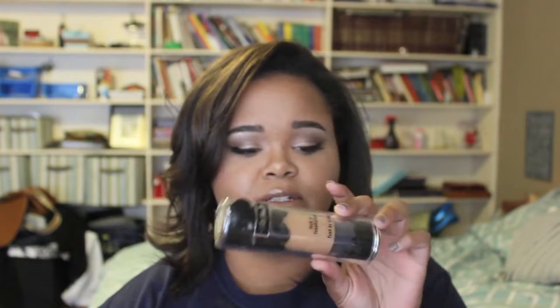She bought it for me because we both got the same thing, because she had been talking about it for a long time. She's like, I want that Kat Von D foundation. So we went to Sephora and we got it. But this stuff is actually really great for oily skin, but one thing I have noticed, and maybe it's something I'm